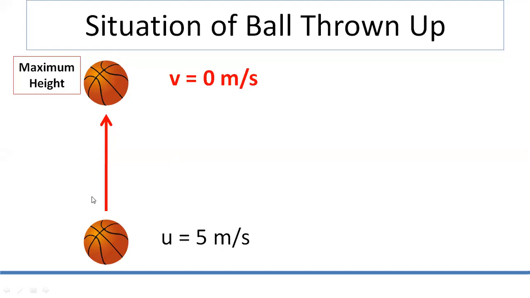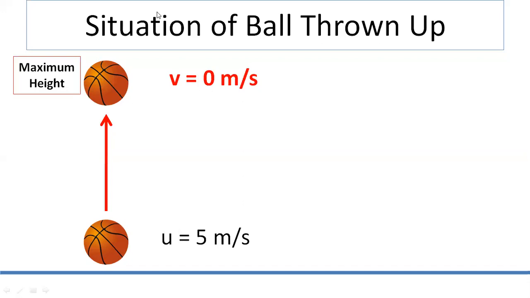But after covering a certain distance, it is going to stop because its energy has vanished. It cannot go up, so it is going to fall down now. Whenever it stops, that is the final velocity. And stopping means the body is at rest, so final velocity would be 0. Why is it 0? Because it has stopped. So give me a response in the chat box.